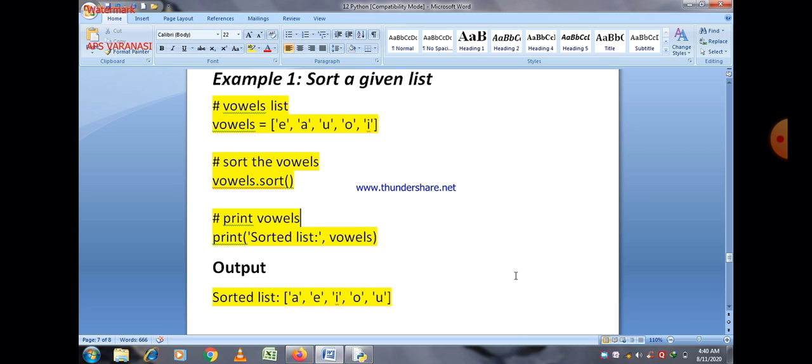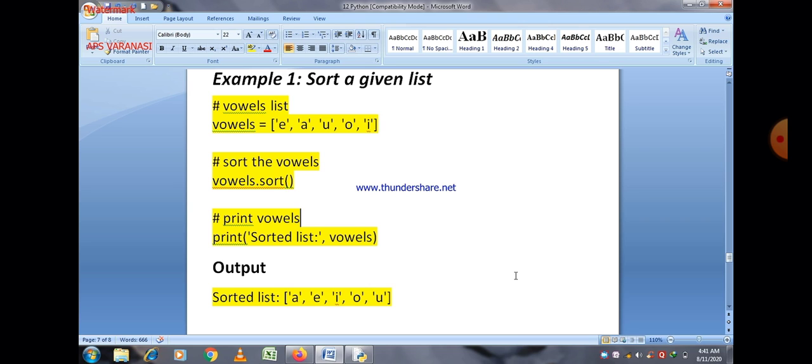If we don't give any parameter or argument within the sort method, the sort method by default arranges the elements in ascending order, and here you can see A, E, I, O, U are in ascending order.